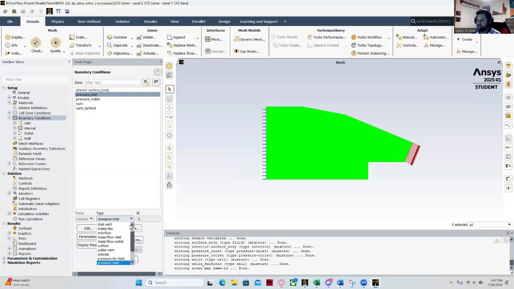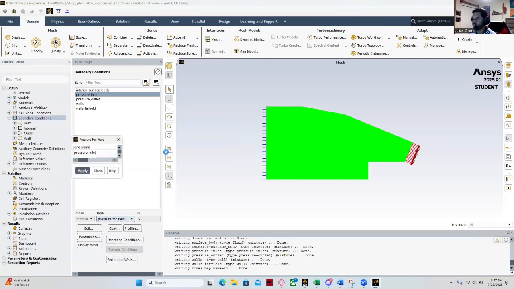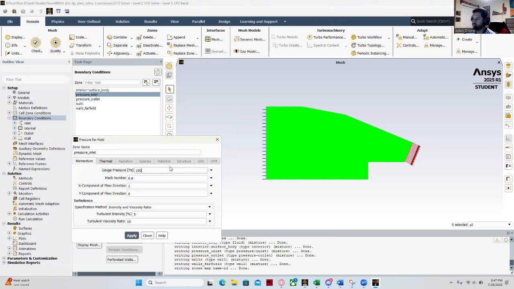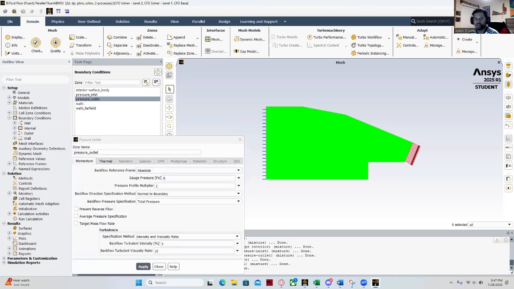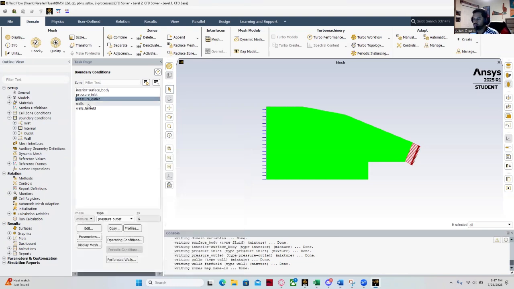So pressure inlet, we're going to change this to pressure far field. And I had a base values just to keep it simple. Close. That's the pressure inlet, pressure outlet. Yep, pressure outlet. We'll double click it there. And then I just put a base value of this and then apply close. The walls, we want to keep it as walls, but the wall far field will also change